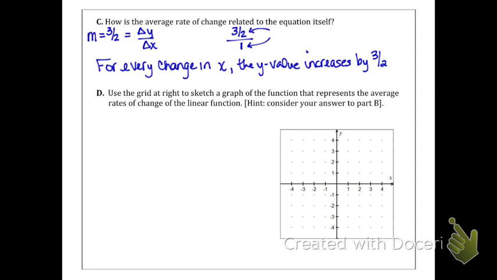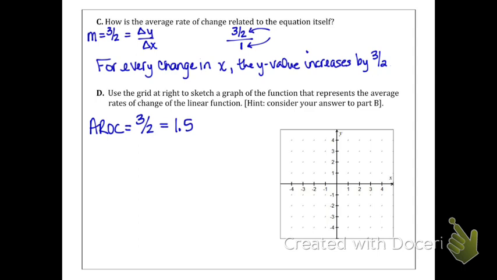Hint, consider your answer to part B. All right, so we had said that our average rate of change was equal to 3/2, which is the same as 1.5. We also said then that